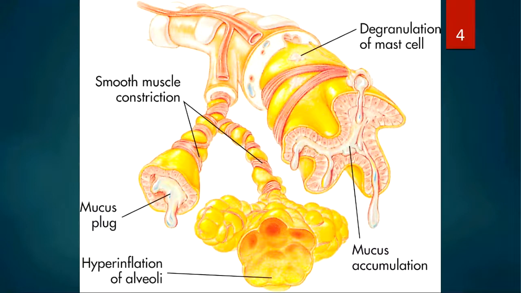Now this is a picture of what an asthmatic alveoli looks like. Okay, so we've got the bronchi coming down. We've got mucus plugs in the bronchioles. We've got hyperinflation of the alveoli, mucus secretions. We've got degranulation of cells, which means these are injured cells and the body's trying to repair the holes in the cells. So what we've got going on in